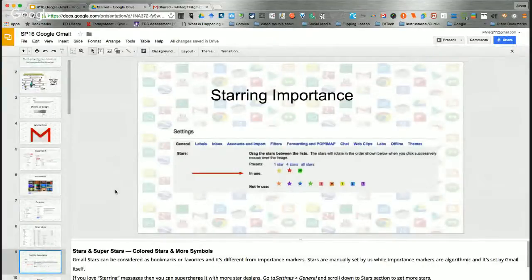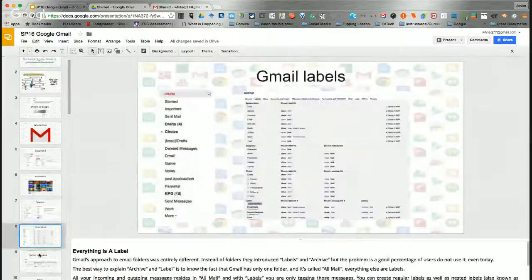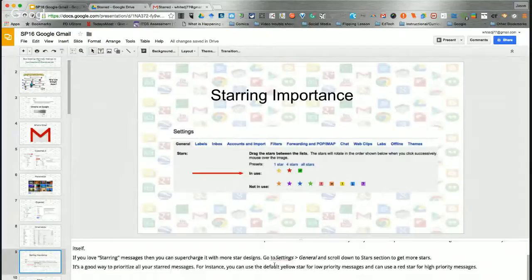But you also have superstars, which are like bookmarks or favorites at different importance levels. So your stars are manually set by importance, and so it's in Gmail itself. If you love starring messages, you can go to settings, general, and scroll down to your stars and get more stars. So I can go over here to